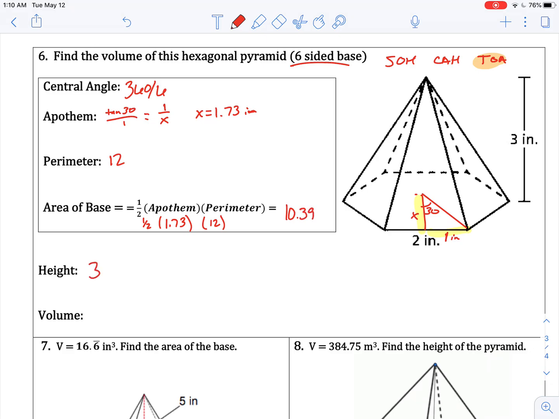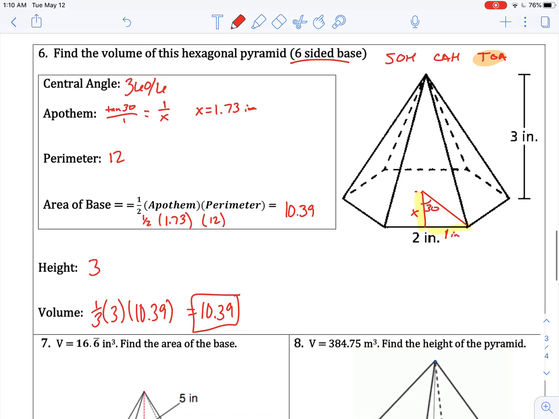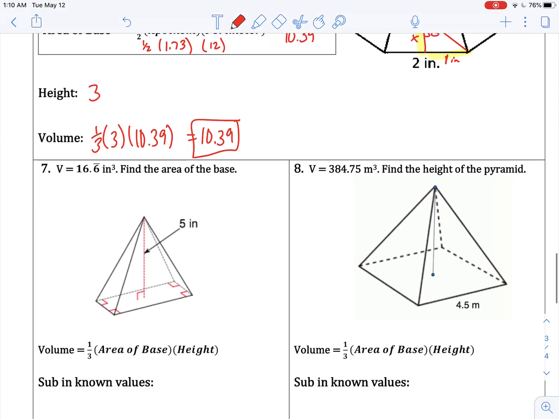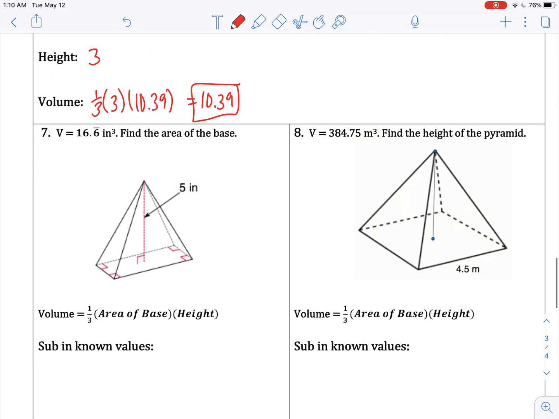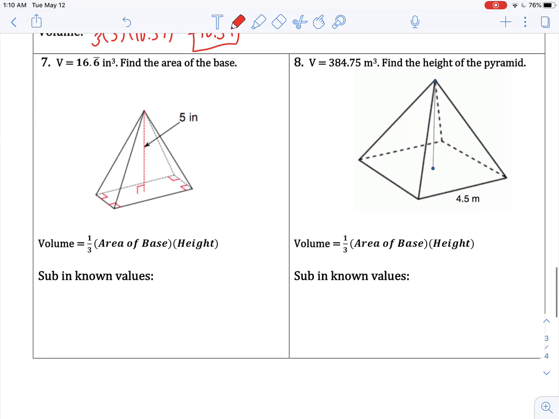The height is 3, so the volume would be 1/3 times 3 times 10.39, which is just 10.39, because the 1/3 and 3 reduce to 1, or cancel each other out. And here, our very last set of problems are going to be finding the height or the side length given